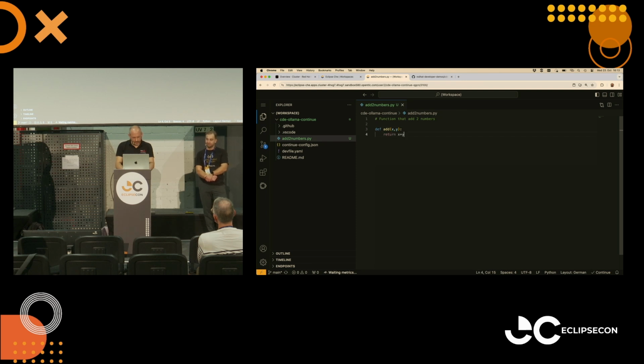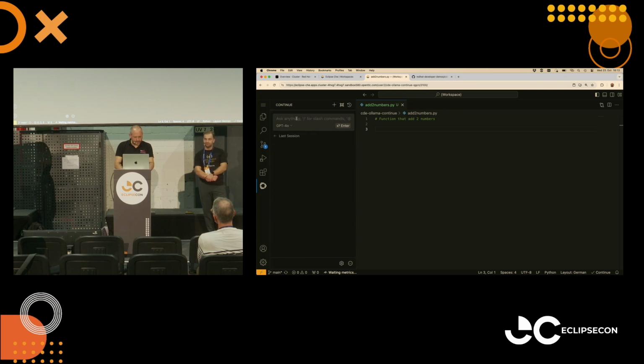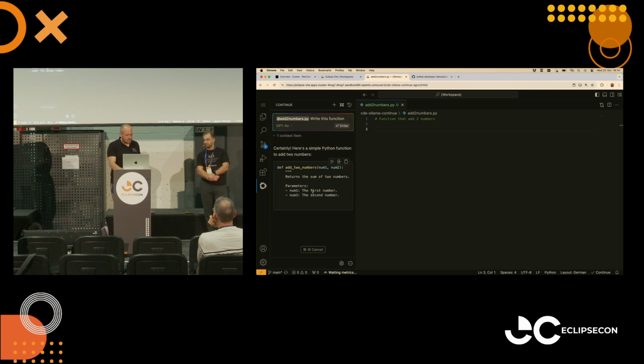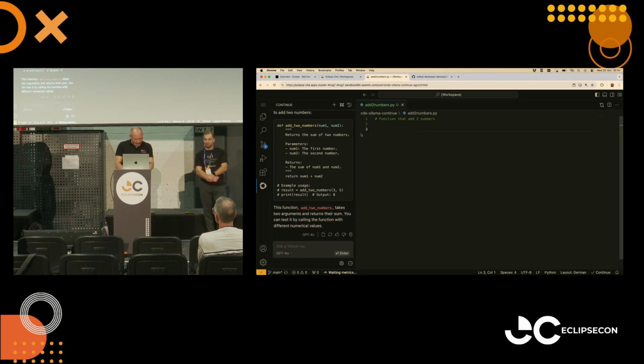Define a function, return x plus y would do the job, it's okay. When we go now to continue, I create a new session, and I give it a bit of context using the @ symbol, saying, okay, files, the current file, and I say write function, or write this function. And I get this function with nice documentation, and can just add it here, insert at cursor,